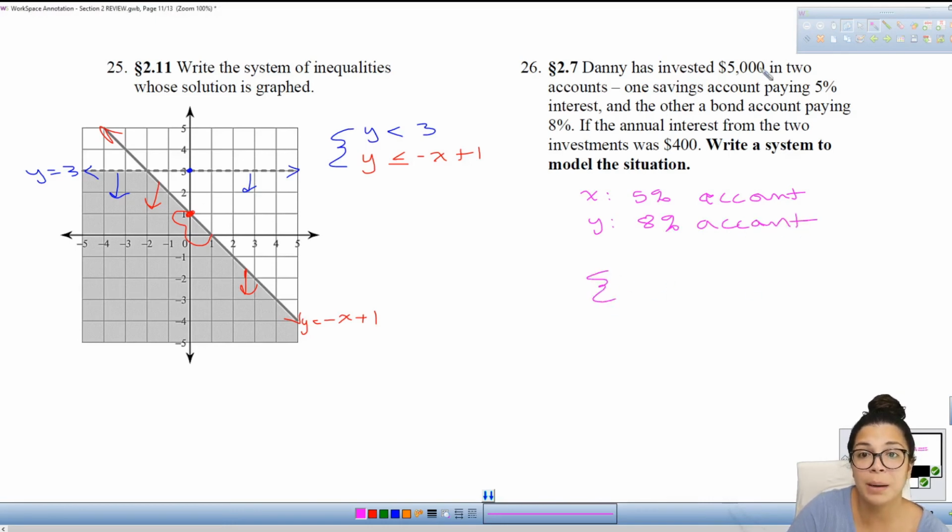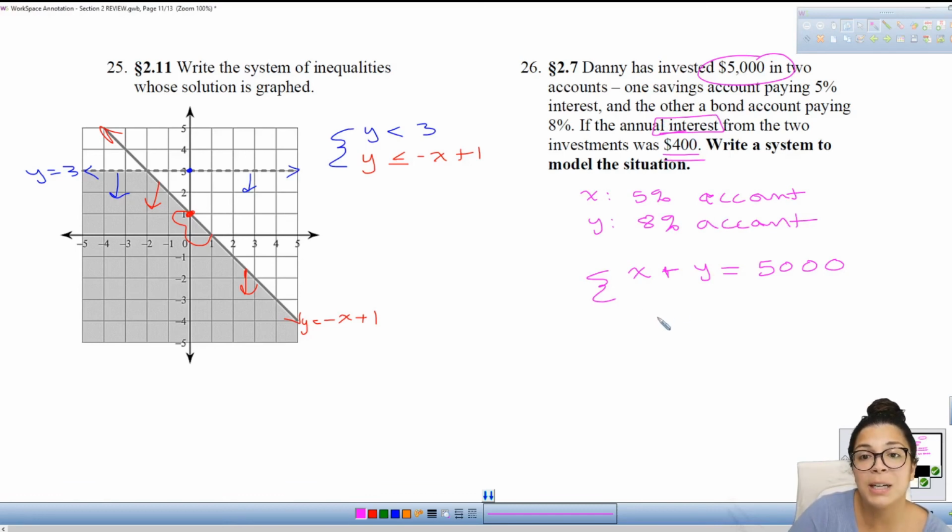So first, the total amount of money, he said that he invested $5,000. So however much I put in the 5% account plus however much I put in the 8% account will equal the total invested, which was $5,000. Apart from that, I do know that he made interest from these accounts, and that's how much money he made